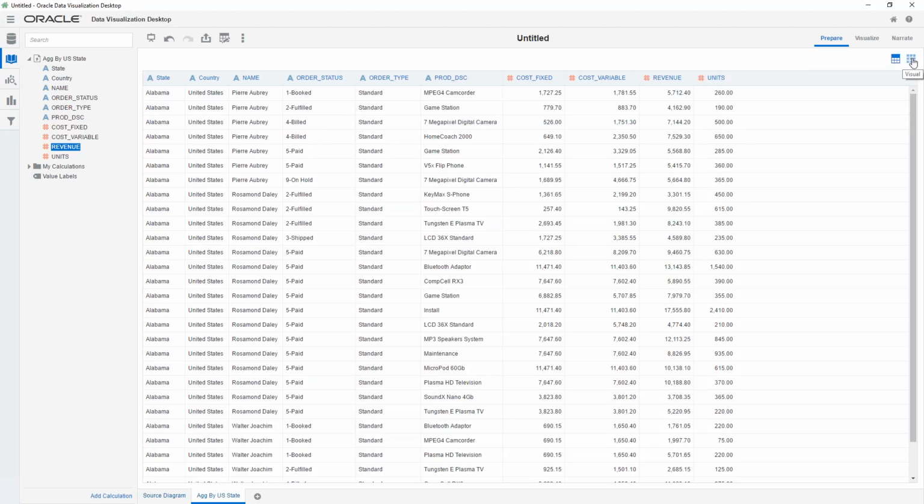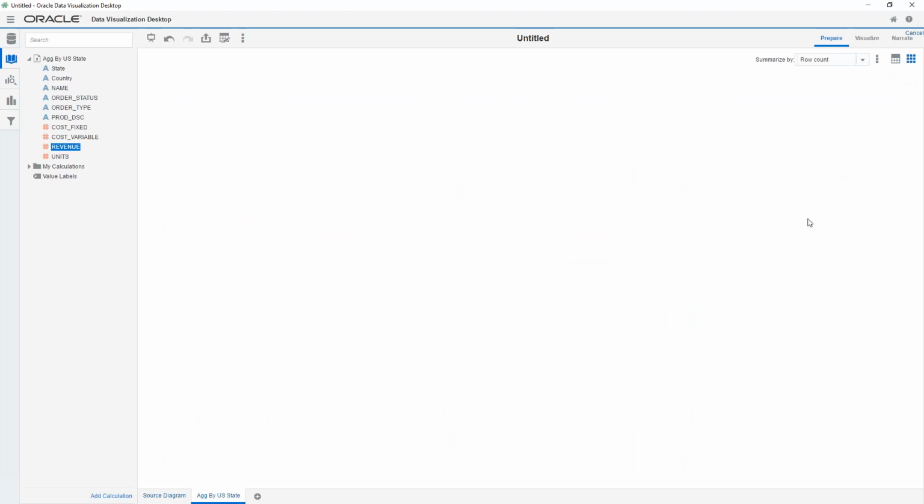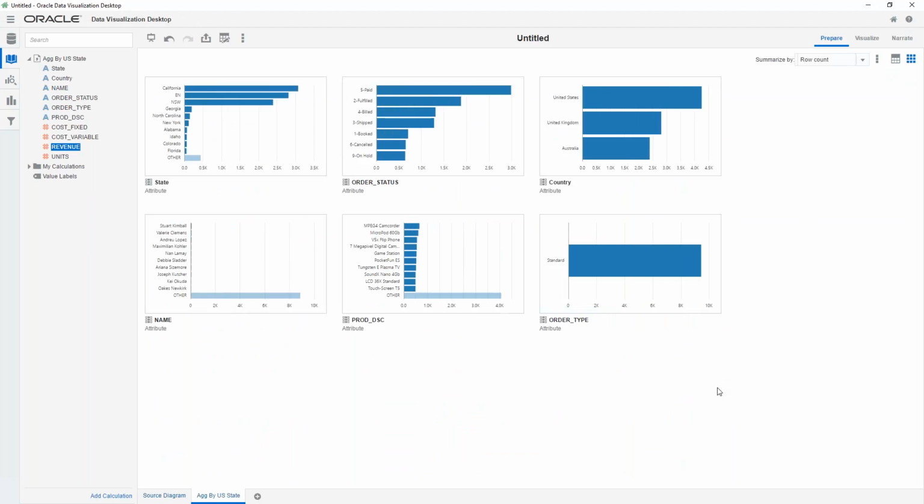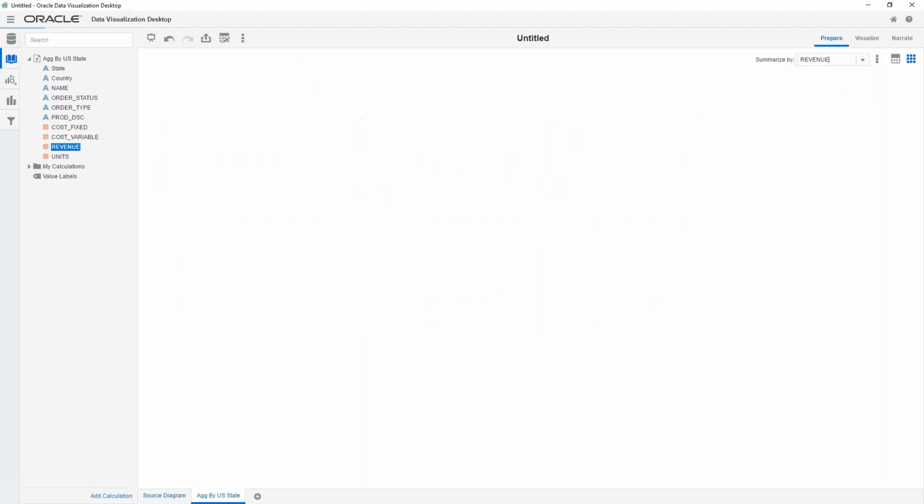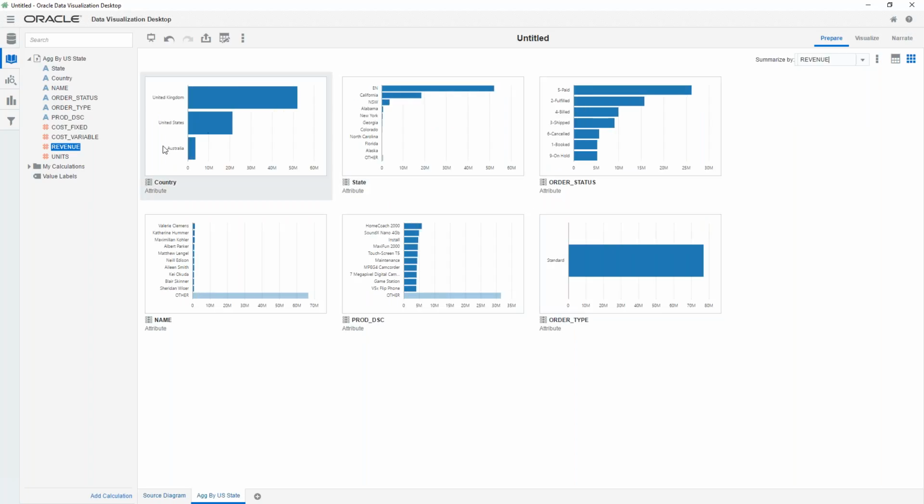So if I click over here on this waffle icon on the right, you can see that it automatically creates a bunch of visualizations that give us a sense of the shape of our data from the data set that we've created. And we can show this across both row counts for our various attributes over here on the left-hand side, or we can also choose to look at the profile across the various measures that are contained within this data set as well. So this is some really great new functionality, Dan, that I think has kind of been borrowed from